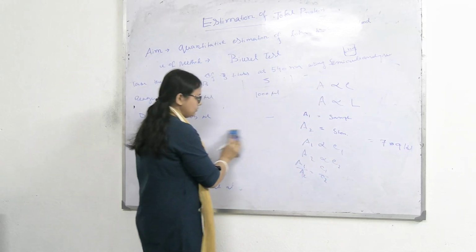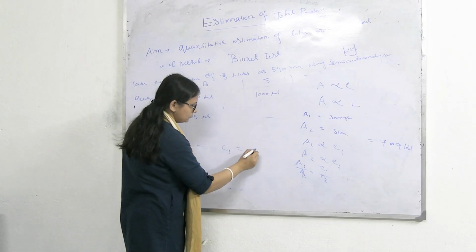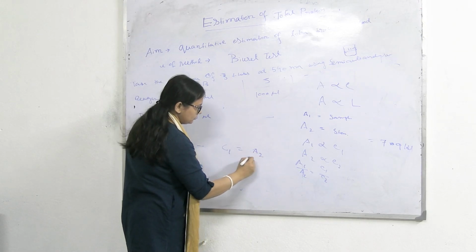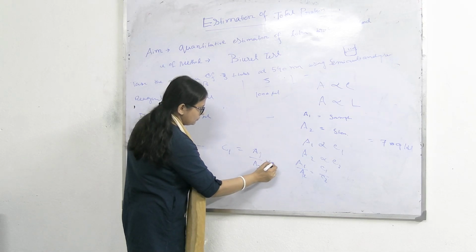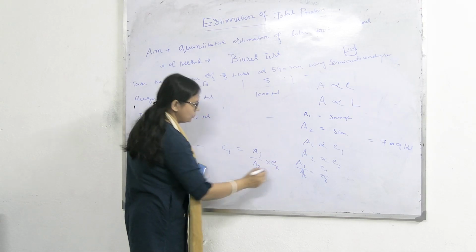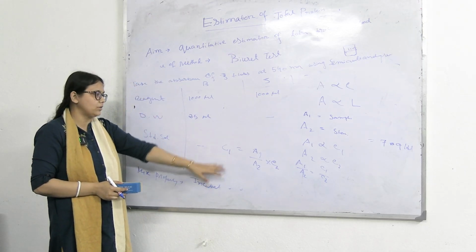Okay, so C1 equal to A1 by A2 into C2, ঠিক আছে, এটাই তো আমরা ইউজ করি, এই ফর্মুলাটা তো আমরা ইউজ করে কনসেন্ট্রেশন বের করি, ঠিক আছে।